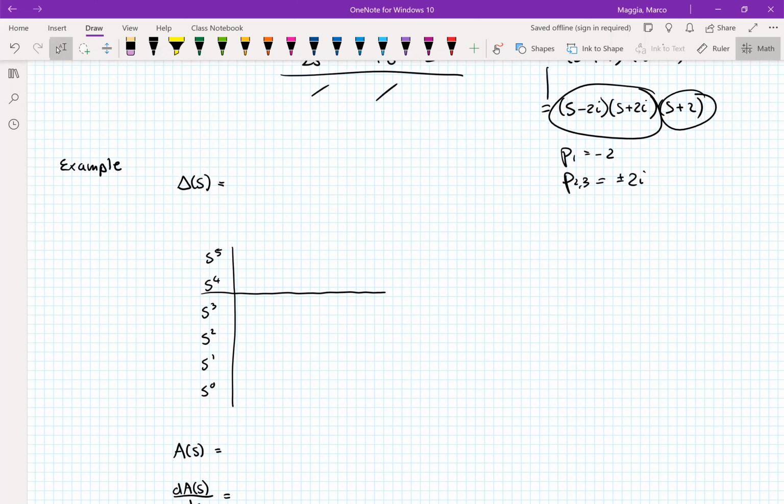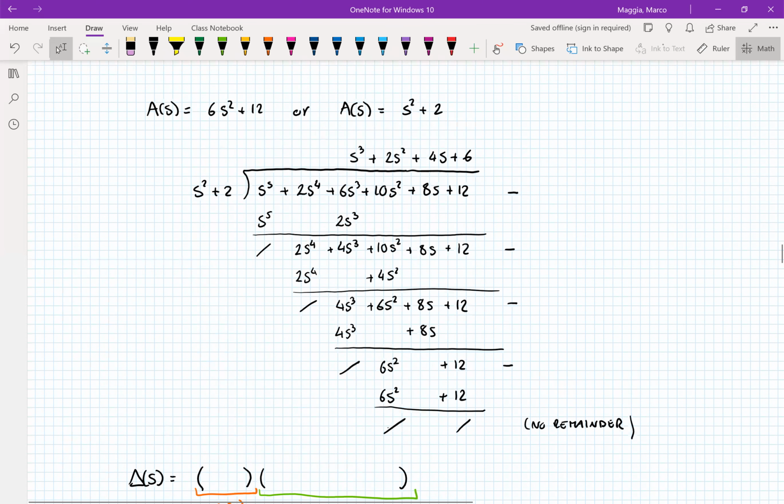All right. Then here I have another example. I'll leave it to you to take a look. It's just a little bit longer. Don't worry about the division between polynomials. It's better that you refresh it, but it's not really necessary. I don't really care if you know how to do it or not. You'll see that this system is also marginally stable.